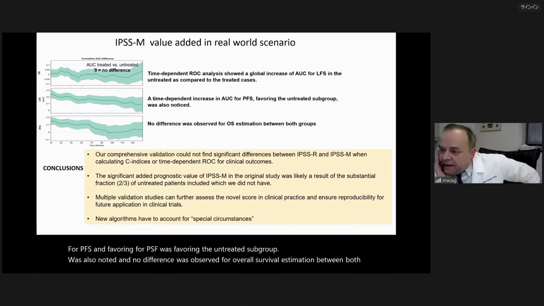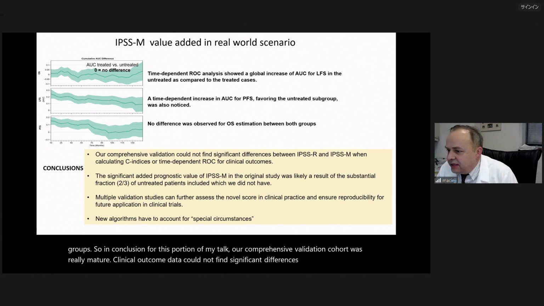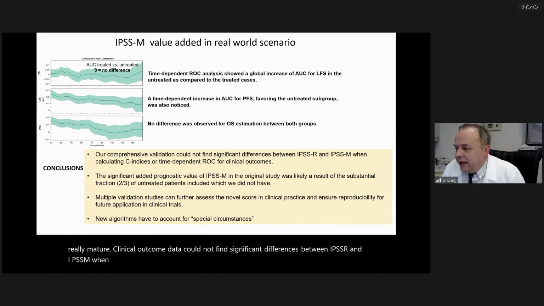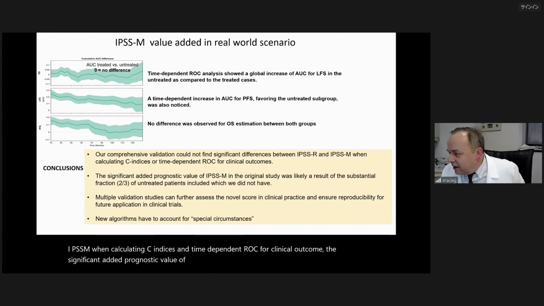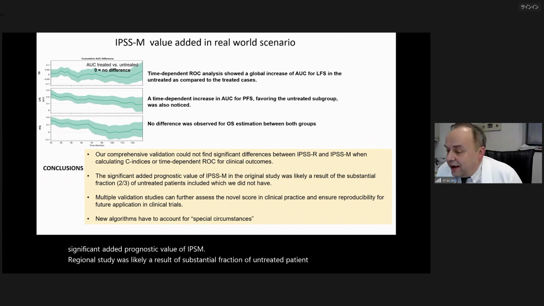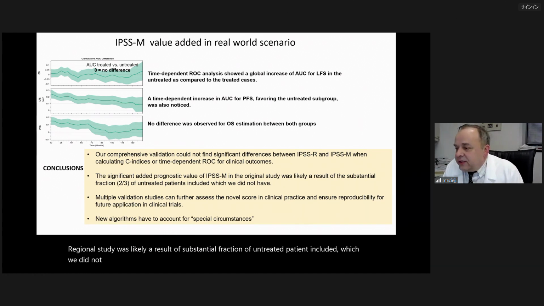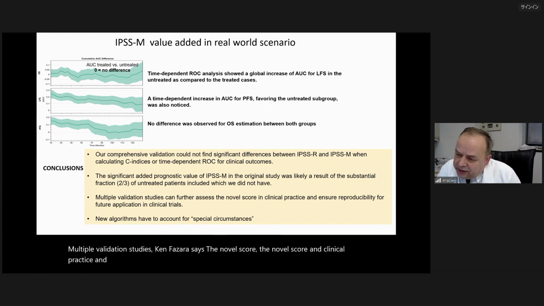So in conclusion, for this portion of my talk, our comprehensive validation cohort with really mature clinical outcome data could not find significant differences between IPSS-R and IPSS-M when calculating C indices and time-dependent ROC for clinical outcome. The significant added prognostic value of IPSS-M in the original study was likely a result of a substantial fraction of untreated patients included, which we did not have. Multiple validation studies can further assess the novel score in clinical practice